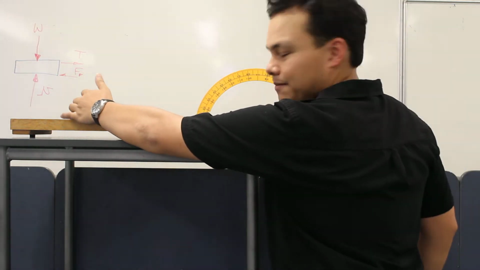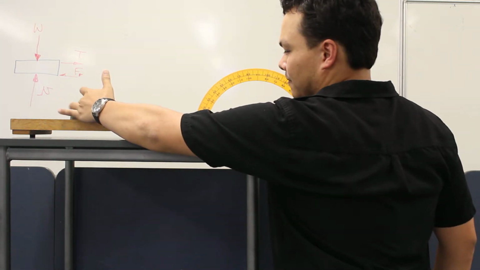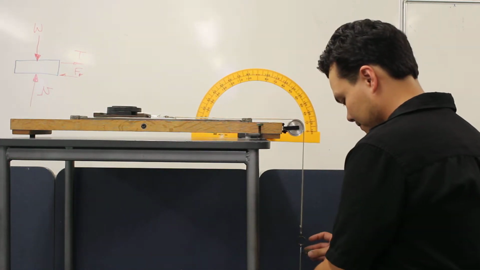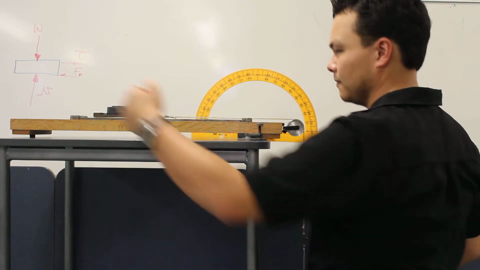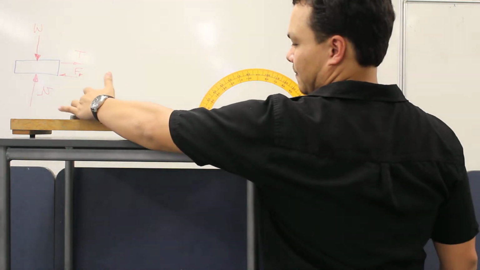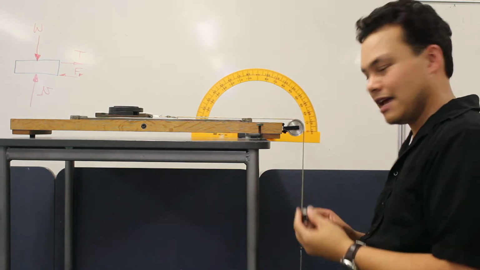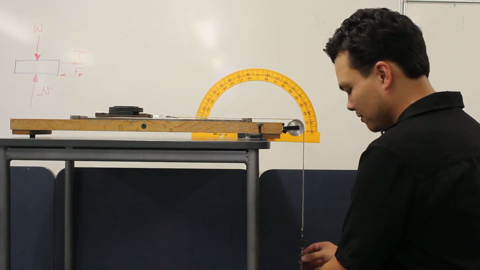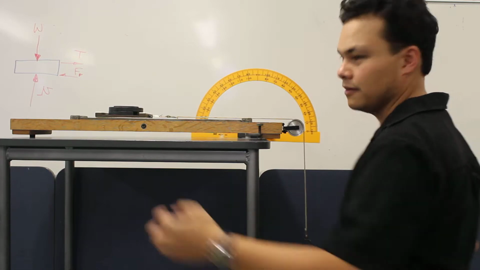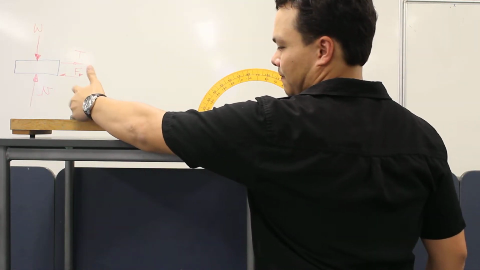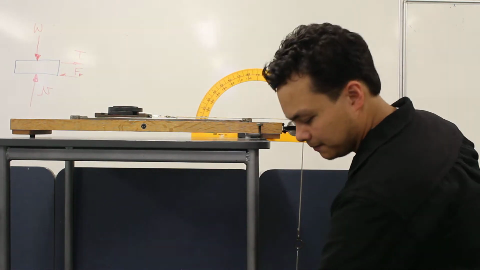give the slider a tap, system's not moving, add another weight, give it a tap. See, even though it gave a little bit of a movement, it didn't continue to move, so we do the same thing again. We'll move it back, give it a tap, still not moving,